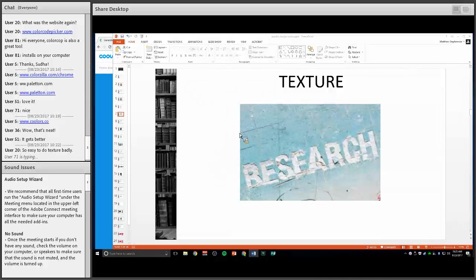So if you notice, the apps that you use tend to use clean colors. They don't have gradients. They don't have texture to them. They're very clean and monochromatic. And the reason is